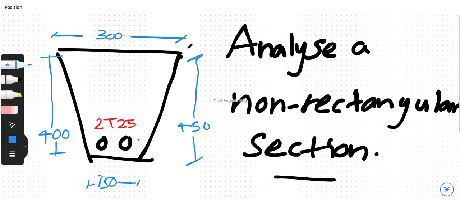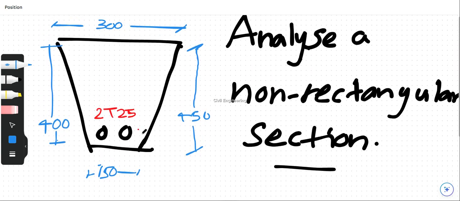This is just like a trapezium with the top width of 300 millimeters and the bottom one 150 millimeters. The effective depth is 400 millimeters and the total depth is 450 millimeters, and this section contains two T25 bars. So the provided